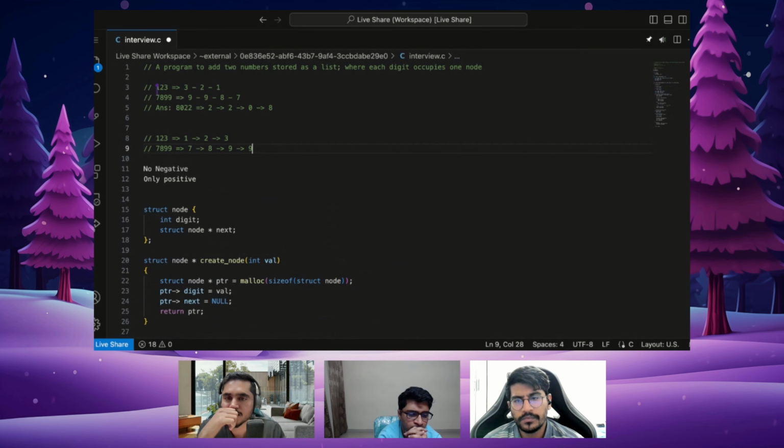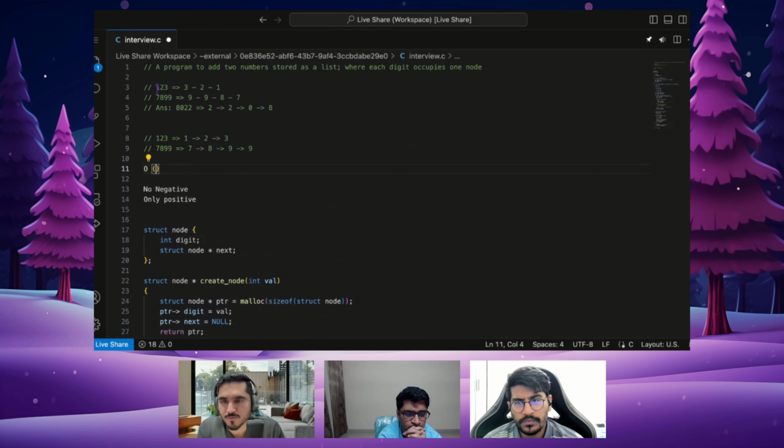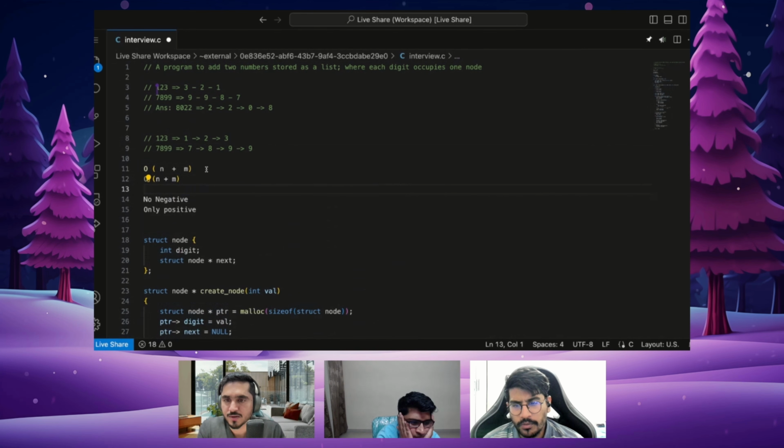So that's the case. What I was trying to say is that O of n plus m is for reversal, and then again iterating through the linked list would again be O of n plus m, right? So that should not change anything. And what about space complexity? Okay, the reversal would again